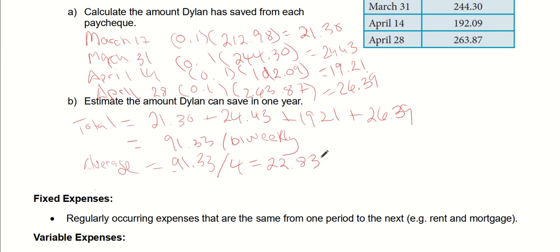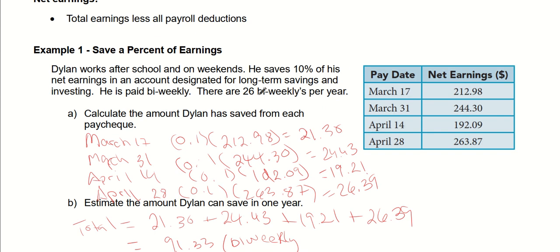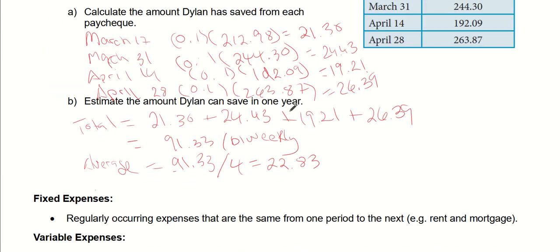22.83. That's his average that he gets per paycheck. So therefore, in 1 year, well, first of all, how many biweeklies are in a year? Well, I wrote it up here. There are 26 biweeklies per year. So there'd be 26 of these payments. So in 1 year,